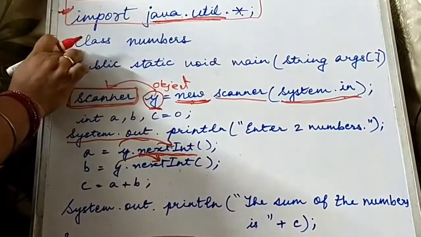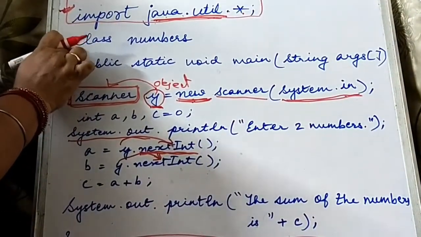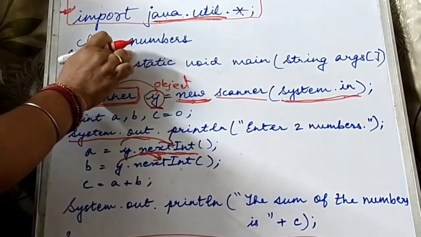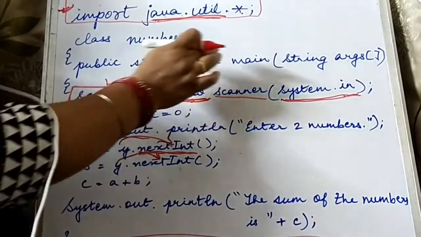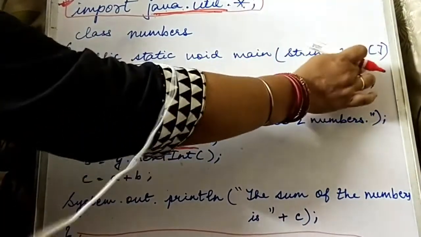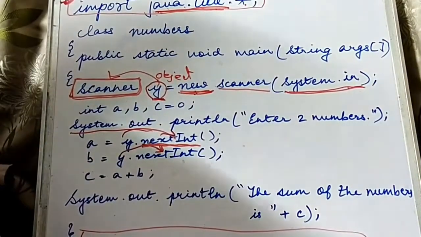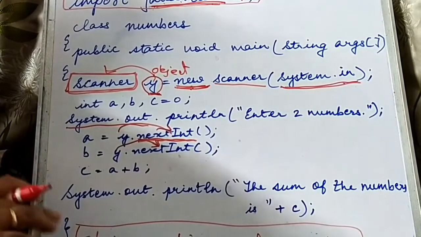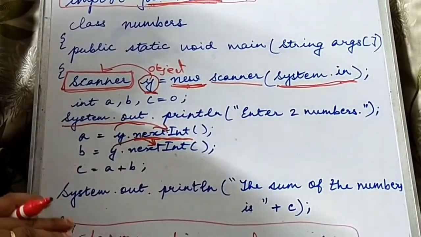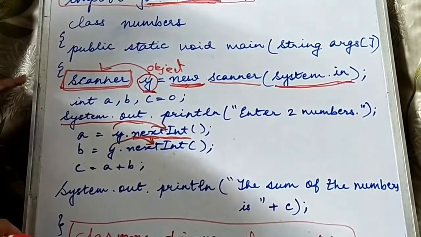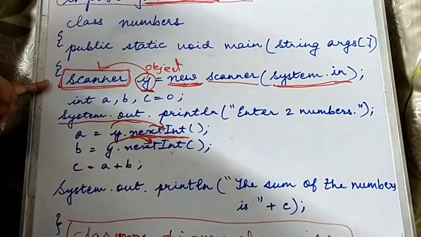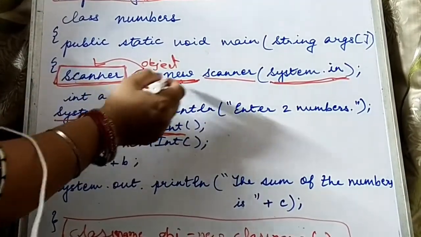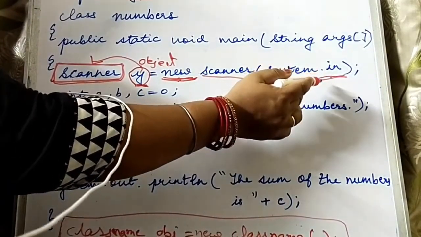Now, simply the way you have written your BlueJ program, in a similar way I will give a class and one class name, that is Numbers. Public static void main and String args. Why have I written String args as an argument? Because whatever things I am going to enter will be in string, and I am going to pass more than one argument, so I have written String args. Afterwards I have just declared y as an object of the Scanner class. So Scanner y = new Scanner(System.in).